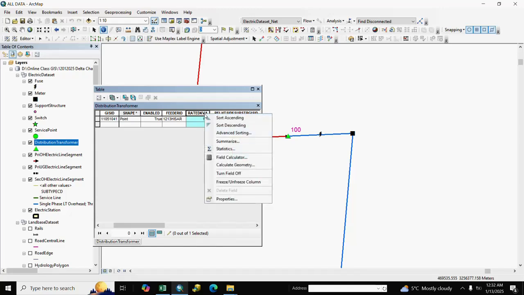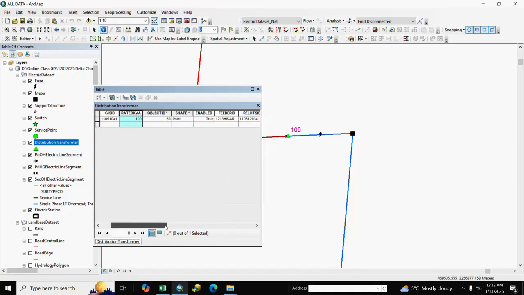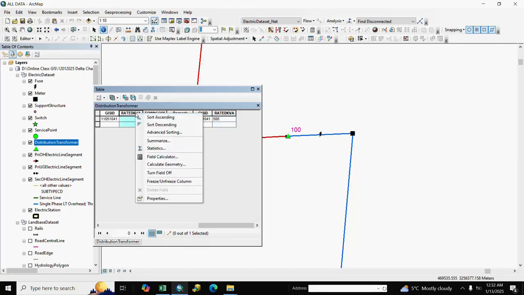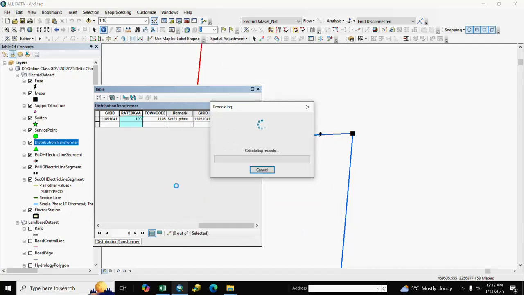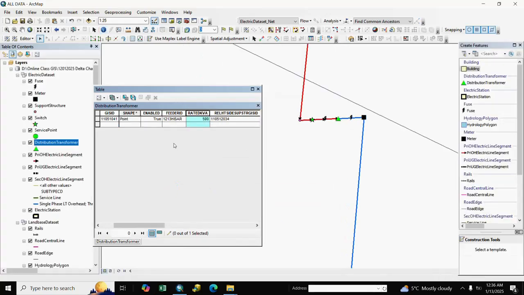Here is rated kVA, old rated kVA, and here is Excel join rated kVA. We right click rated kVA and go to field calculator, and we go to rated kVA, join file rated kVA. We double click and OK. Here is populated 500 kVA.